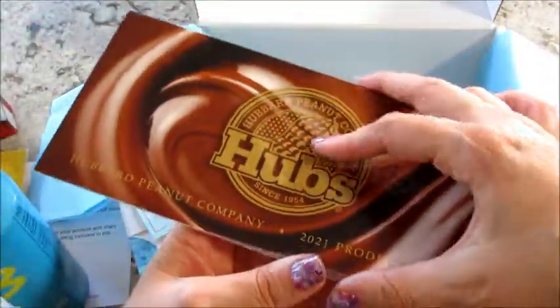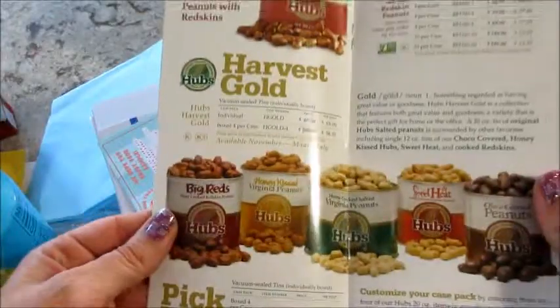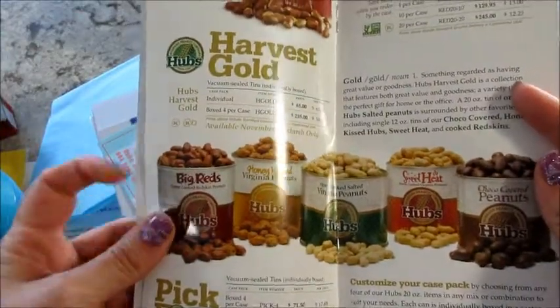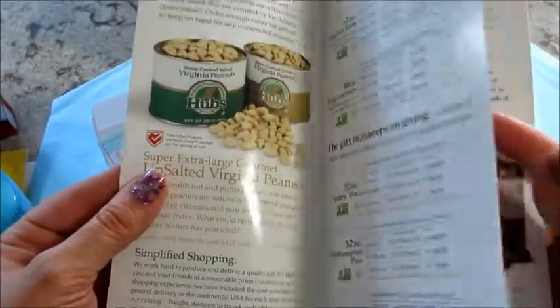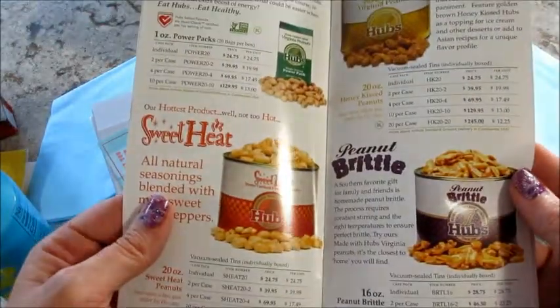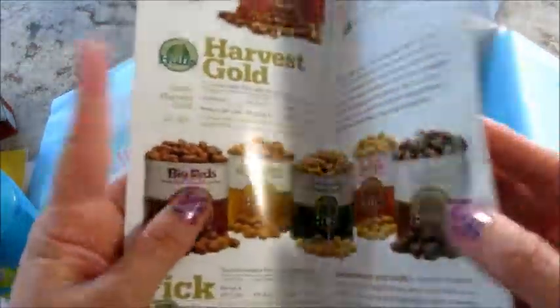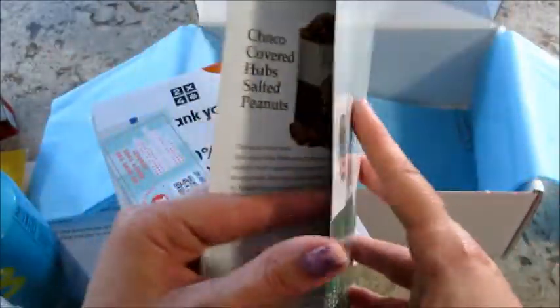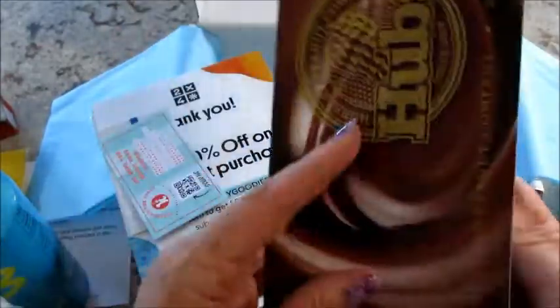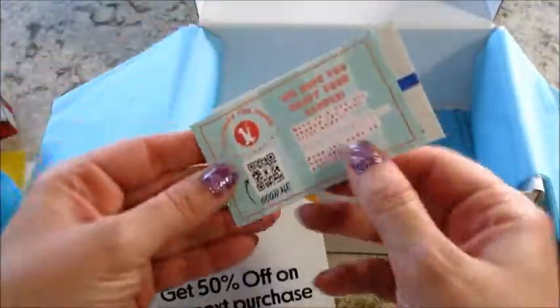We have something from Hubb's. Ooh. They have all different types of peanuts, different sizes. They have peanut brittle, sweet heat, I bet that's good. Ooh, and they have cream chocolates. Yum. Then we have